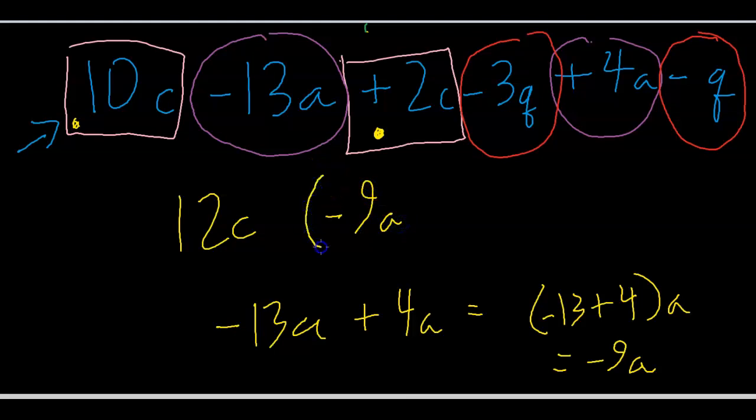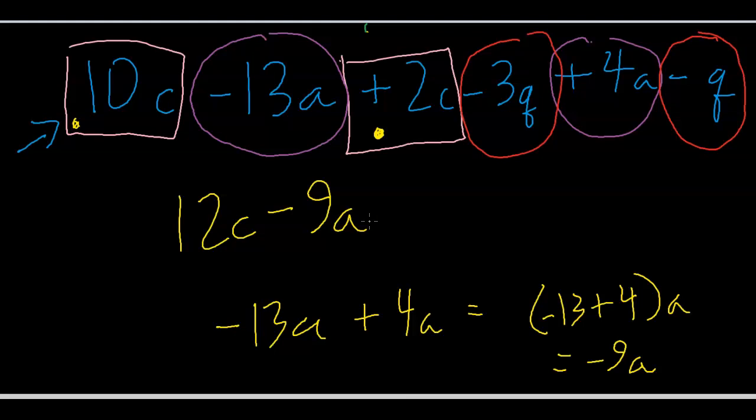And remember, we're combining all of these terms together. So we're starting with positive 12c, and we're adding to it negative 9a. So remember, when you add a negative number, you're subtracting, right? So we're subtracting 9a. So to represent the fact that we have a term of negative 9a in our simplified expression, we're writing that